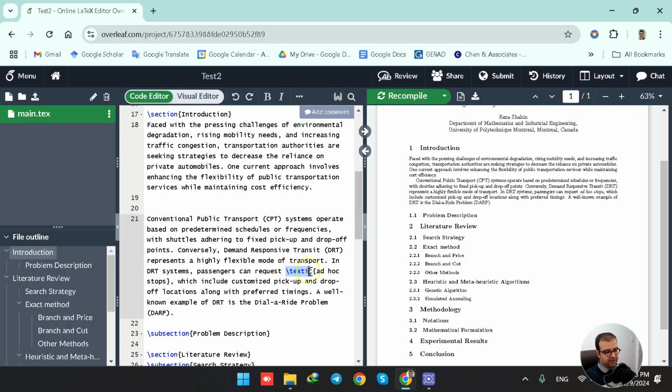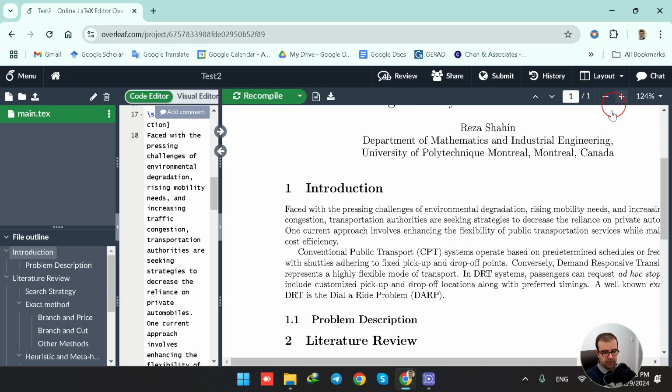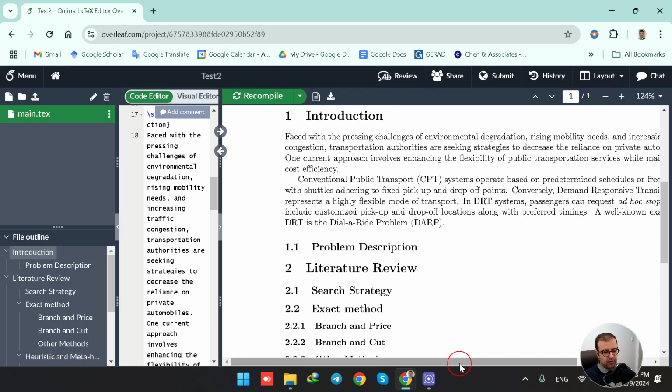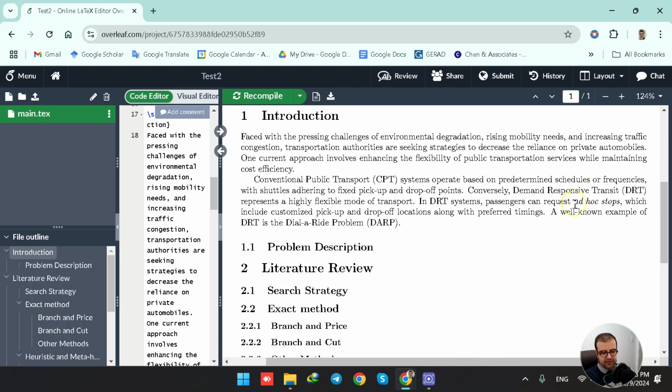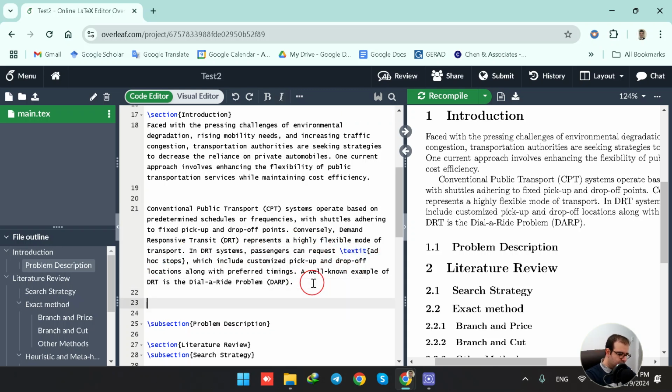Also, we have textit here, so it is going to make this part italic. So ad hoc stops, if I find it in the text, let me zoom. So here you see that this part is italic because we use the ad hoc stops here. So basically, whatever you want to make italic, you just have a backslash, textit